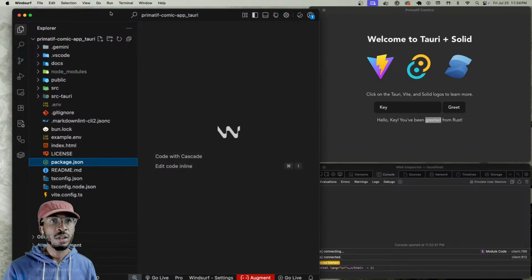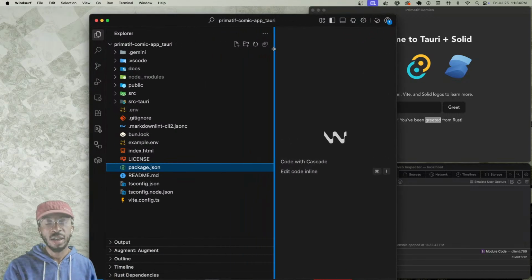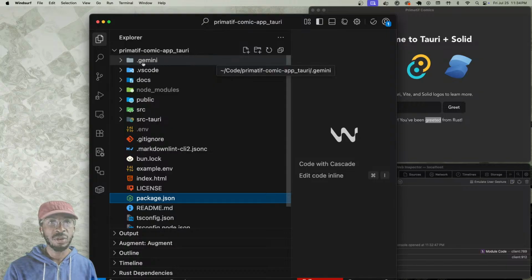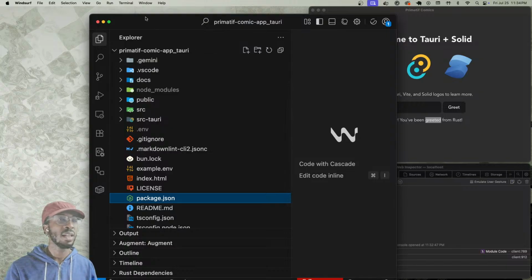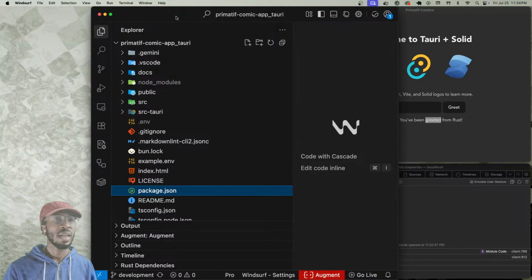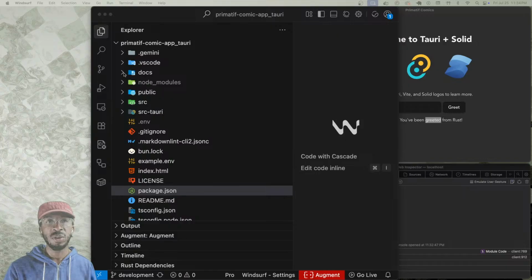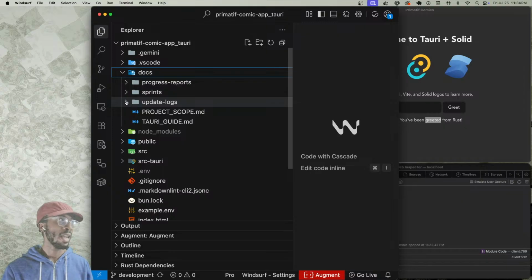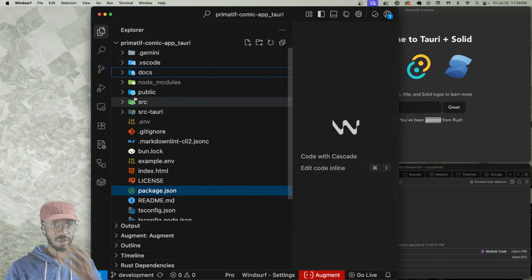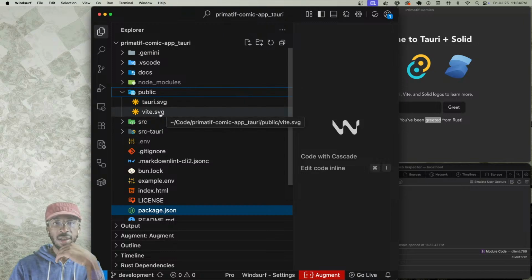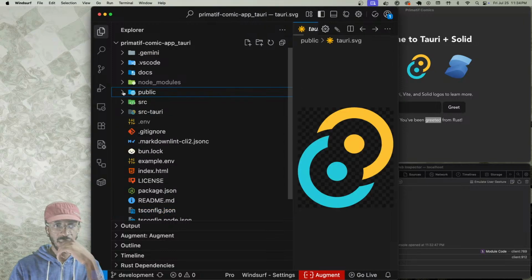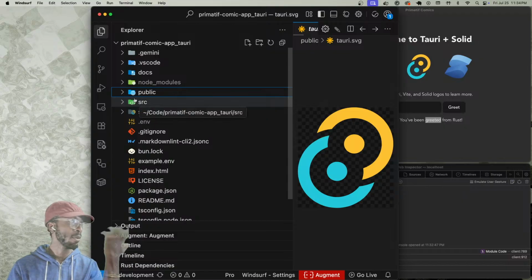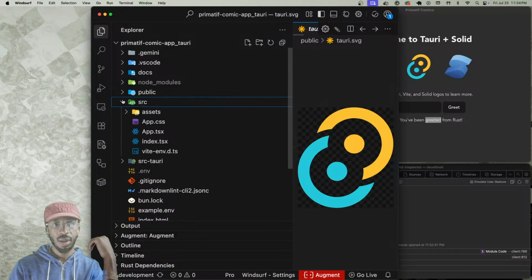This Gemini folder here is for storing files that provide something for the context, because I'm using Gemini CLI to help build this. Okay, VS Code, obviously, contains some workspace settings for VS Code. Docs: in my project, I'm using documentation that I create to help with guiding AI to build this. The public folder here contains just some static assets, similar to the public folder that you would have in a JavaScript application. The source here,